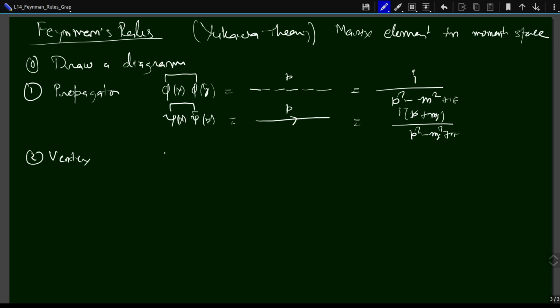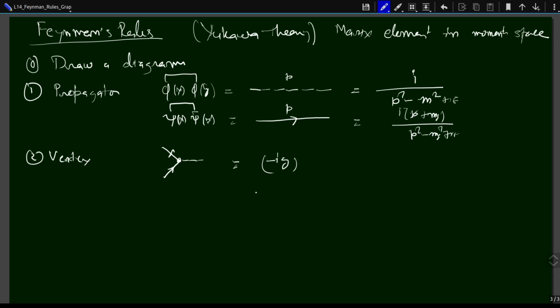In this particular theory, we have the vertex defined as such: a fermion coming in, a fermion going out, and here a scalar is interacting. And this is nothing but minus i times g, because between psi and psi bar sits an identity matrix. So here you can just say that an identity matrix is sitting, but we don't really need to explicitly write down the identity matrix. So these are the three pieces of